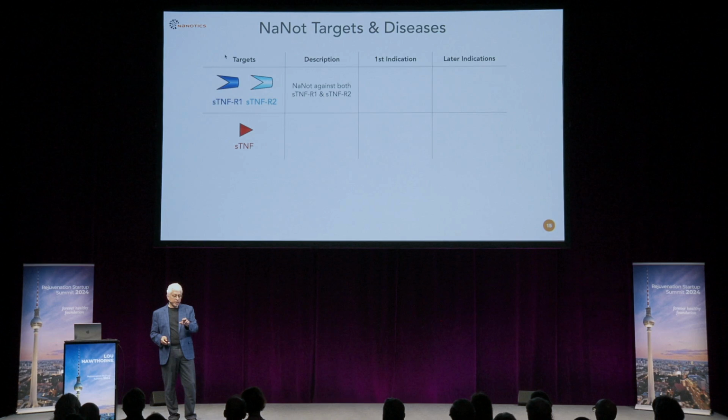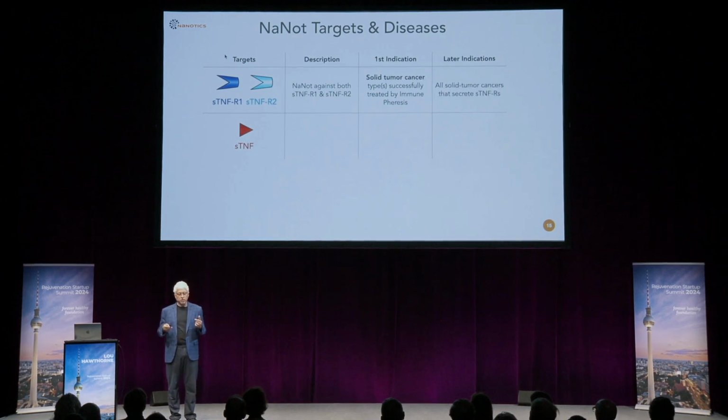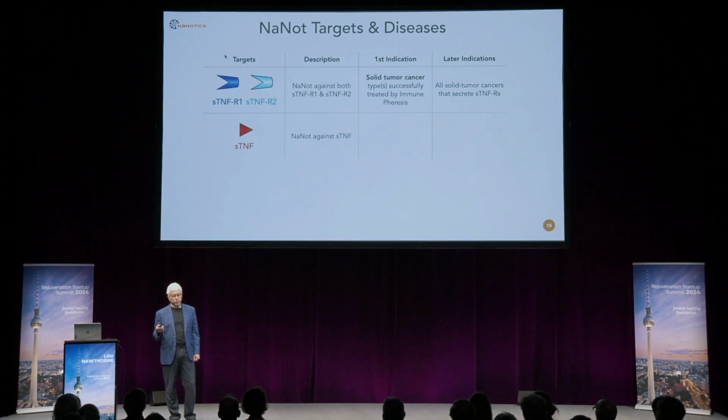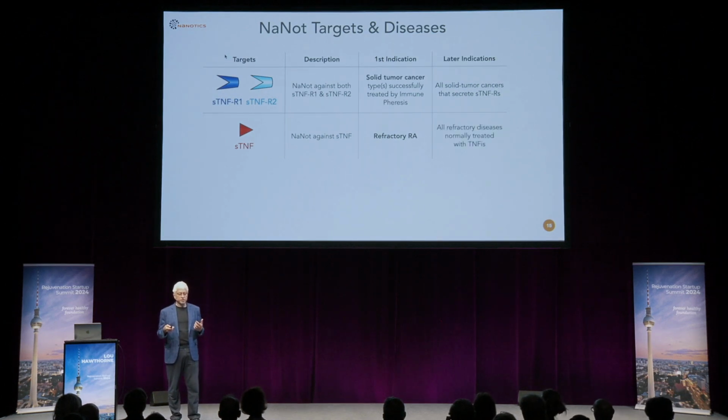So we're making a nanot against both STNF-R1 and 2 to treat cancer that has been successfully treated in the past by immunophoresis. I'll cover that tech in a minute. We're also going to expand that to all solid tumor cancers that secrete STNFRs. We think that's all cancers. We're also currently right now making a new nanot against STNF on our Gen 2 platform. This will be clinically used to treat rheumatoid arthritis, and this will be expanded to all refractory diseases normally treated